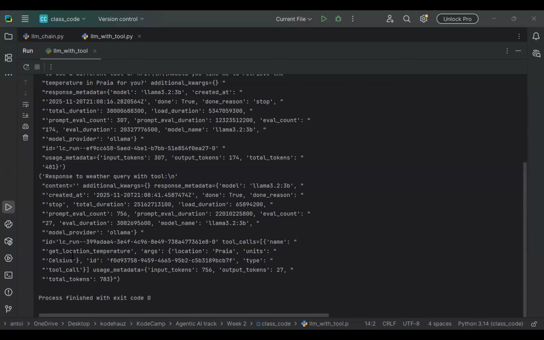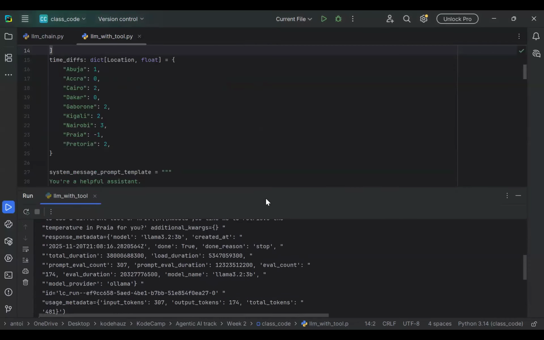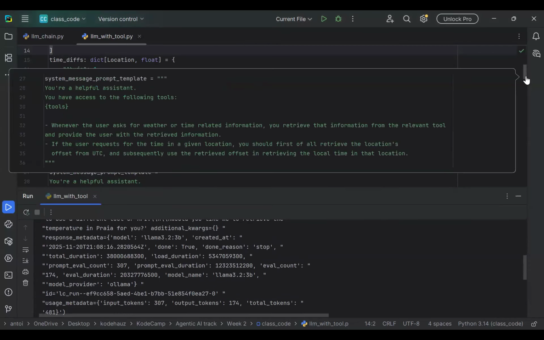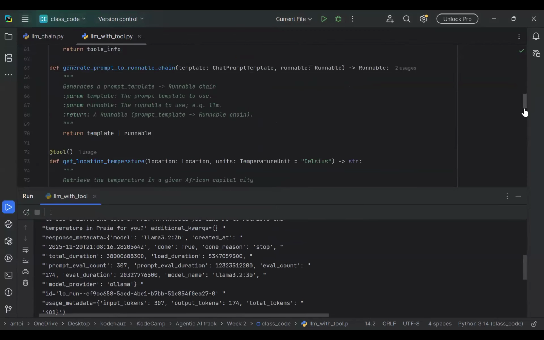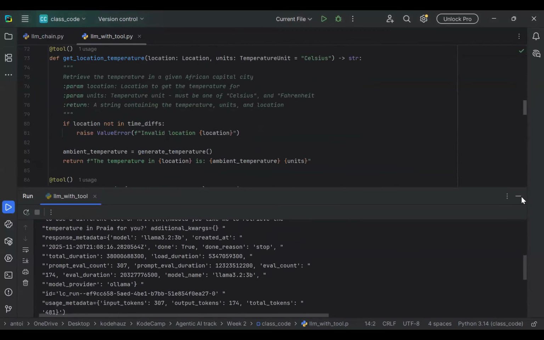Now, next, I want us to try another request that would require some other tool. It's just the same structure. The only thing we're changing is the exact request. And this time we'll ask for time. That should be the local time. And we'll see what the output of the chain would be. I need to